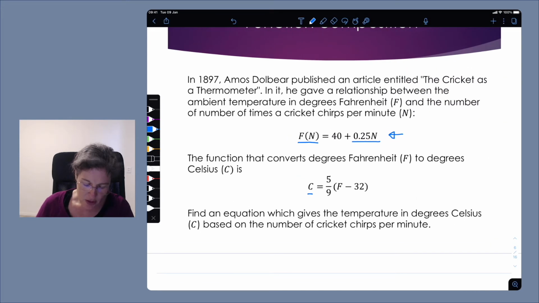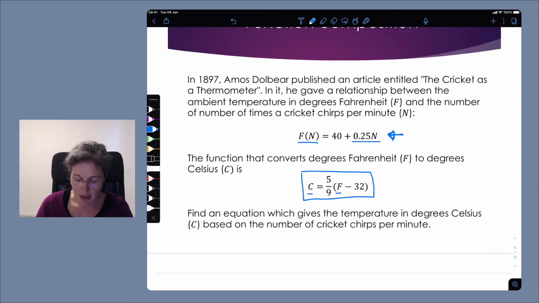The thing that we need to know is how do you convert Fahrenheit to Celsius and Celsius to Fahrenheit. And to go from Fahrenheit to Celsius, you use this equation over here. So let's think about if we can somehow use function composition over here. Let's look at Dolbear's original